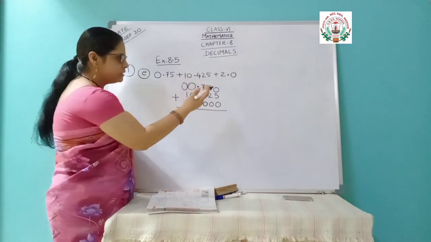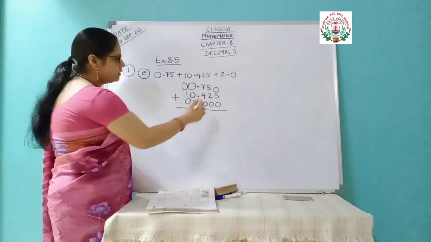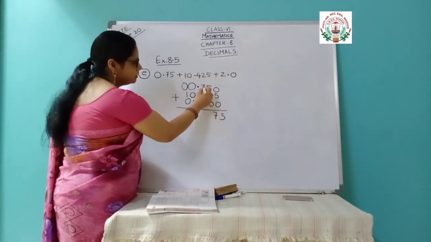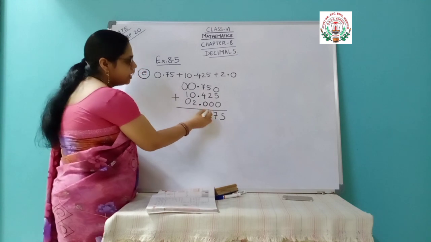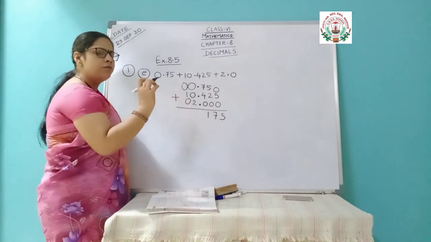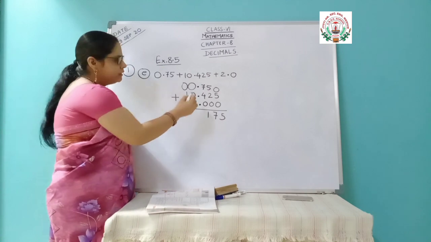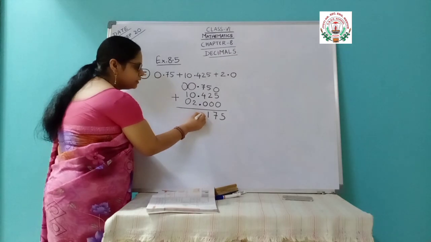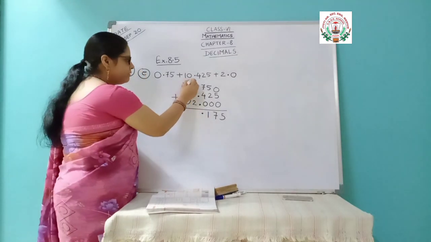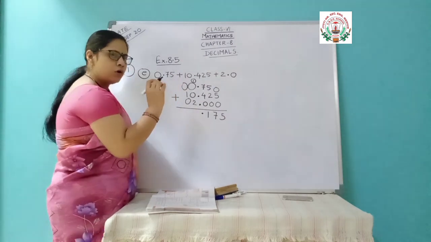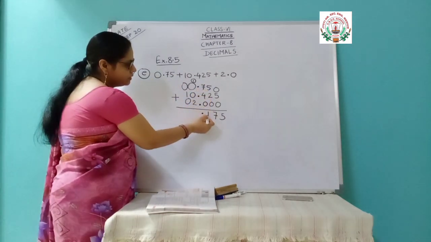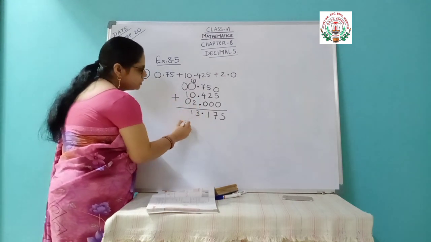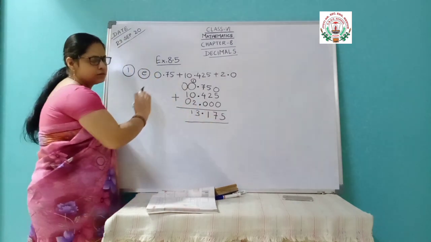Starting from the right hand side, as we are doing for the normal addition, 0, 5 and 0 is 5, 5 and 2, 7, 7 and 4, 11, 1. And after that, 1 we have written and 1 will go for carry. For that, this decimal doesn't give any effect. Decimal will be below the decimal only. It will not affect that carry. Carry will be as usual in the normal addition. So 7 and 4, 11, so 1 and 1 carry. And 1 and 2, 3, and here only 1. So this is the answer for this addition.